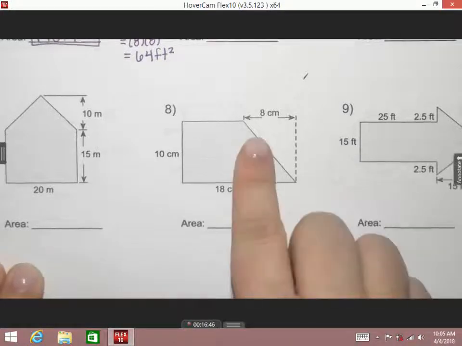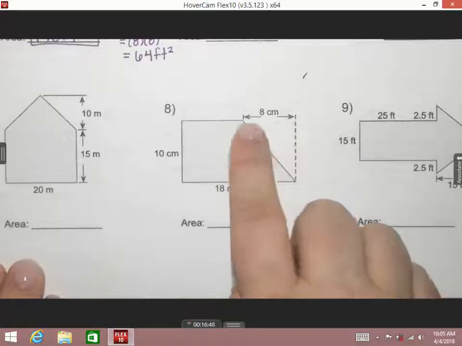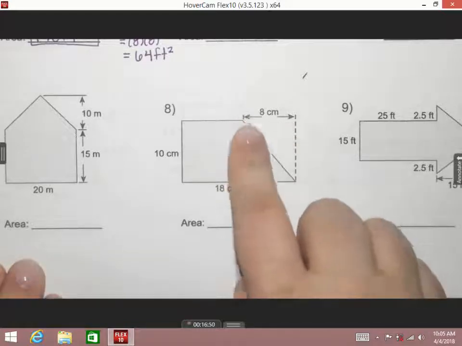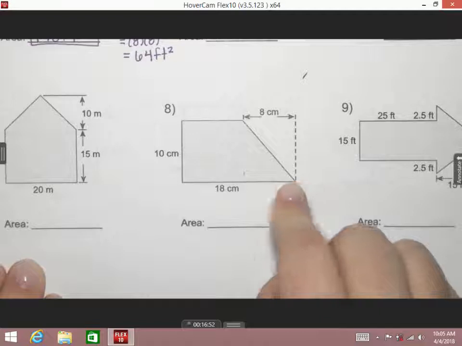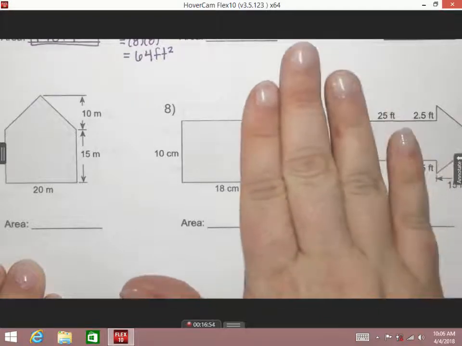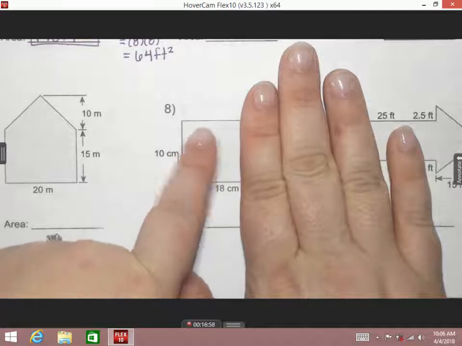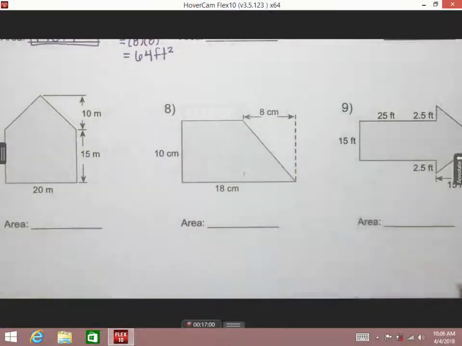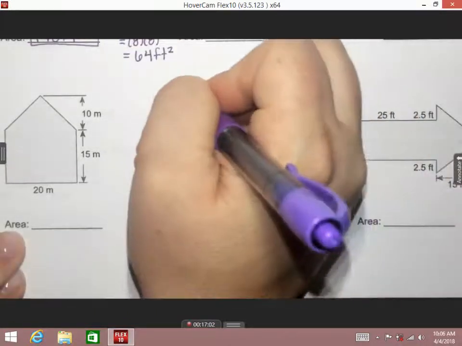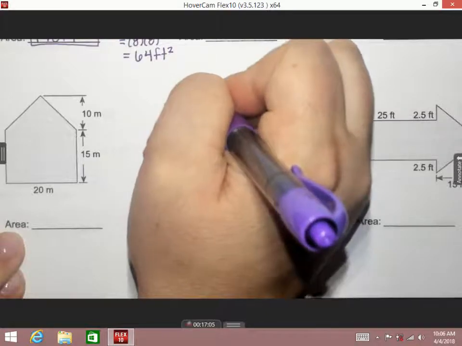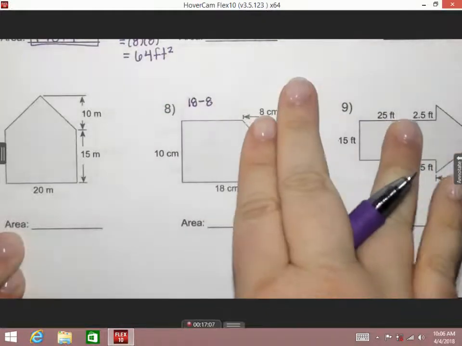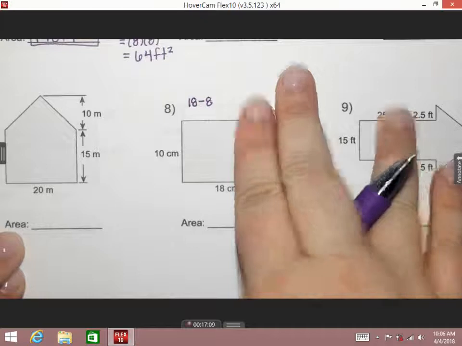Very good. So, Allie Claire was just saying that this 8 goes from this end all the way to the end of the bottom base. Guys, if I take that 8 away from 18, aren't I just going to be left with that missing piece right there? So what we're going to do is exactly what Allie Claire said. 18 minus 8. If I take that piece off, that's going to leave me with that top measurement, which ends